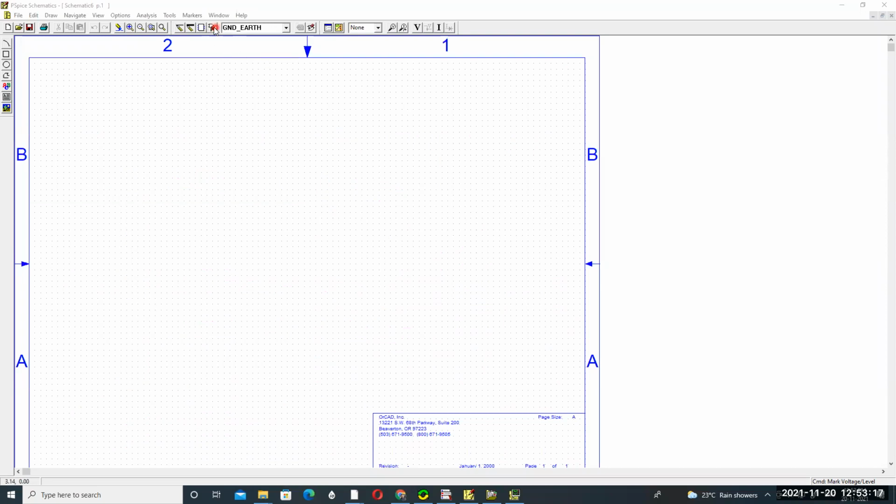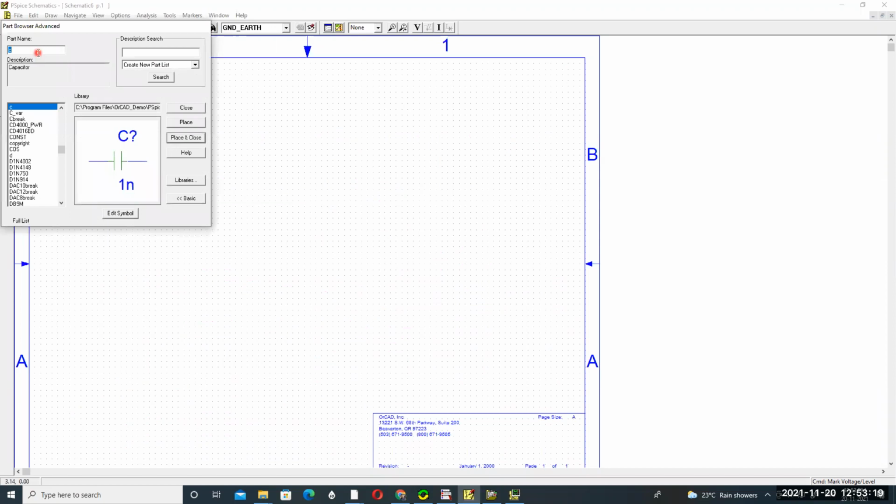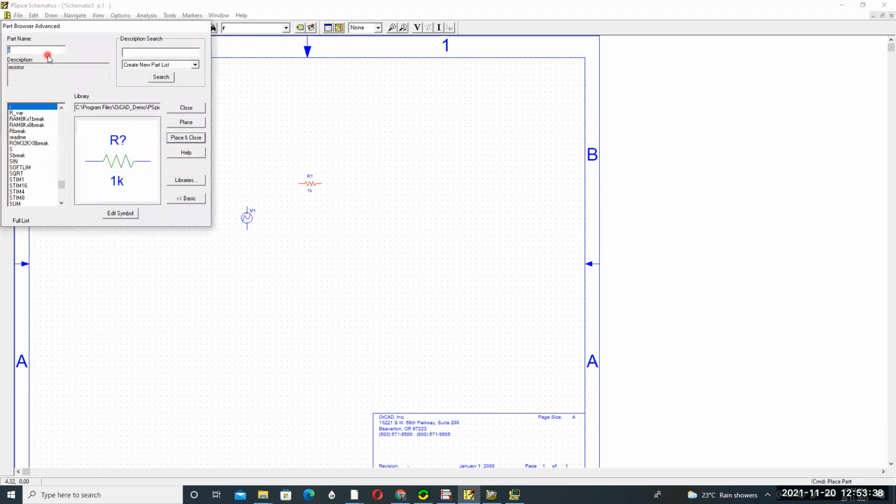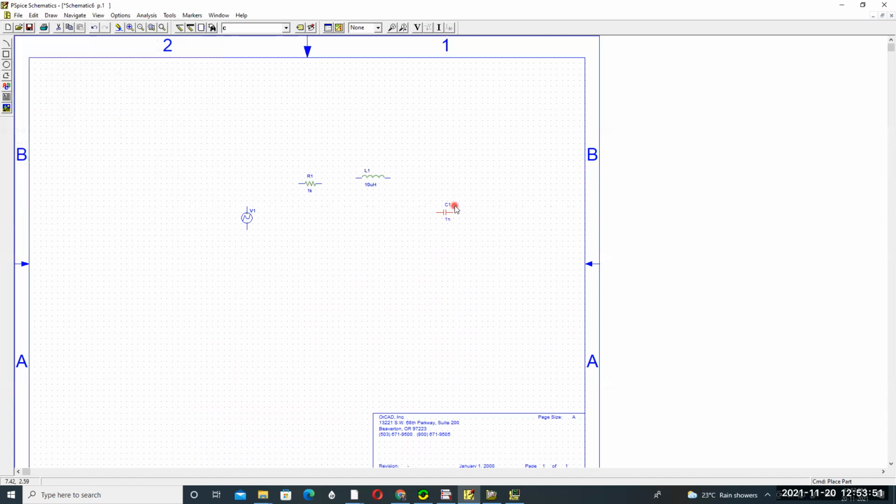RLC circuit. So take from the library VPWL. This is called the step input or source. Okay, so like this the step source is taken. Then take the resistance R and L from the library, enter L, place here, and then C similarly, place here, and rotate the capacitor, since we want the voltage response across the capacitor.